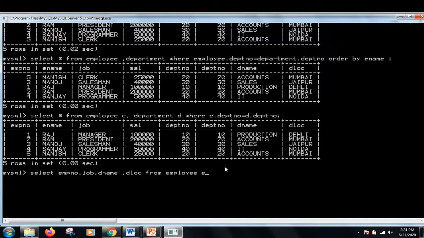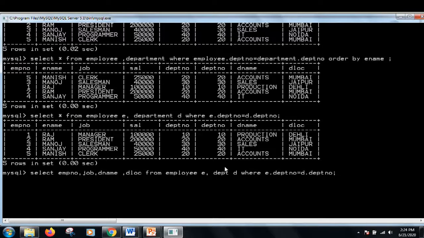You can do it this way: from employee E, department D, where E dot department number is equal to D dot department number.